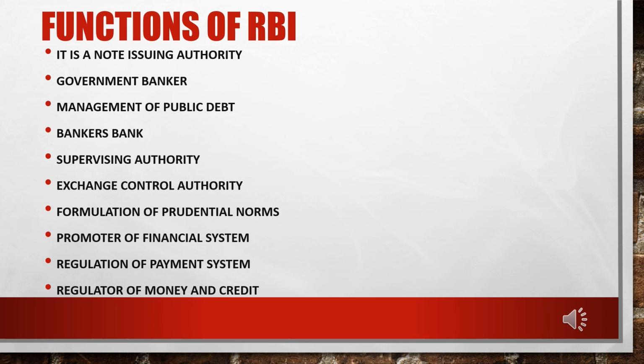Then it is obviously called the banker's bank, right? Whenever any commercial bank needs money, where do they get the money from? They get it from RBI. So RBI basically controls the volume of reserves of commercial banks, and thereby determines the deposit and credit creating ability of the banks. You might have heard that whenever there is a change in policy by the RBI, it affects the functioning of commercial banks. Why?